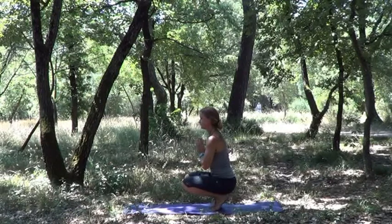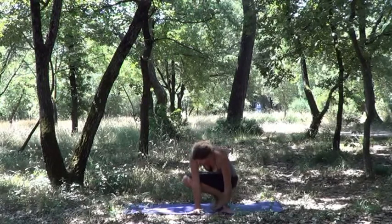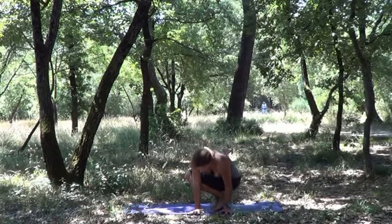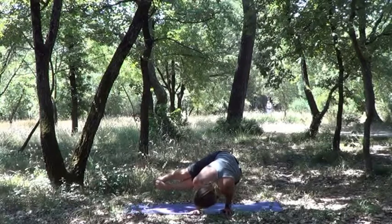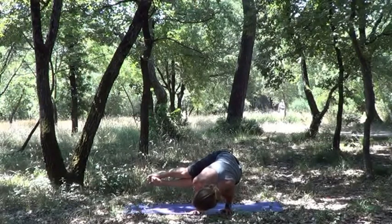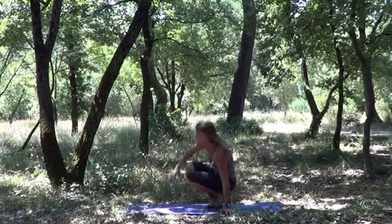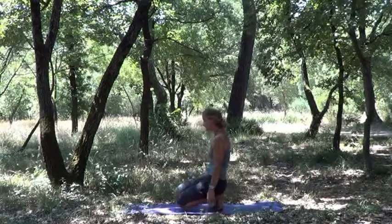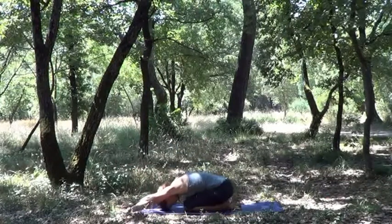Otherwise, coming to your prayer squat once more. Bring your hands all the way to the left hand side. Pushing the elbows firmly into the body and supporting the legs on the left elbow, allowing them to extend out if it's comfortable for you, otherwise keeping them tucked in. And once more, if you want a bit more time, just pause the video, have a bit of a play,